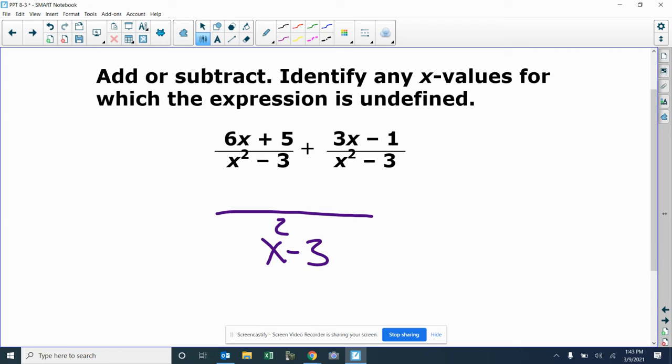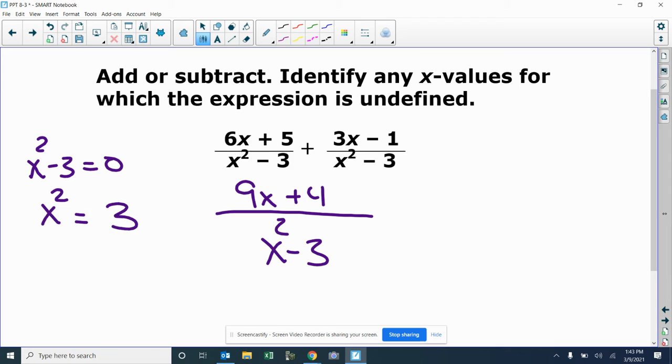And since it's a plus, we don't need to do much except combine like things. 9x plus 4. So there you have it. But we do want to take x squared minus 3 and set that equal to 0. Taking the 3 to the other side, we're going to have x squared equals 3. And now we're going to take the square root of both sides, so x equals plus or minus square root